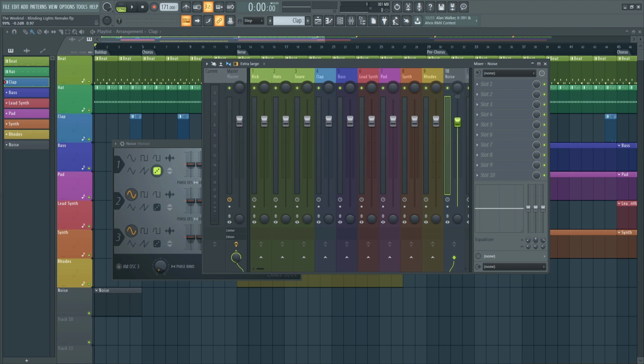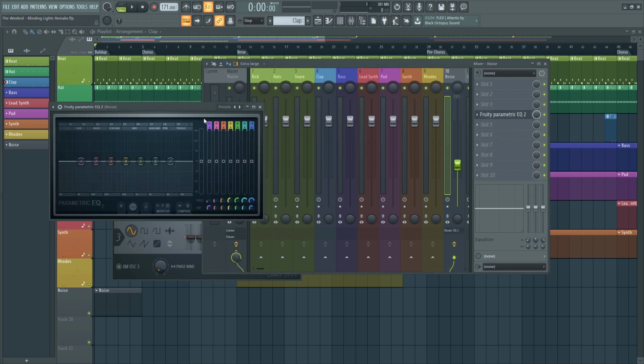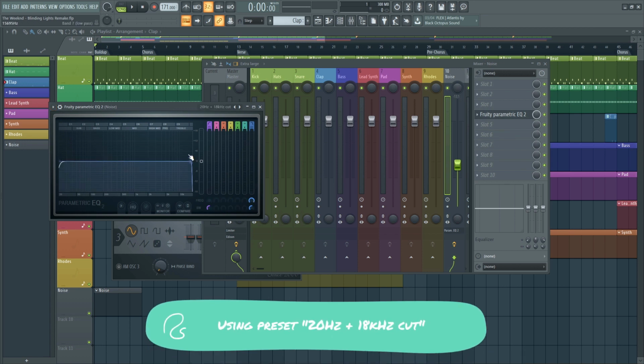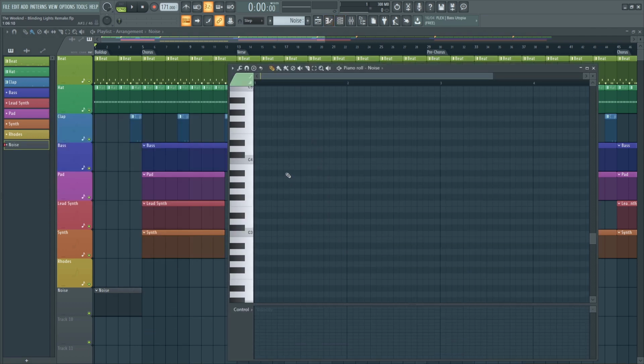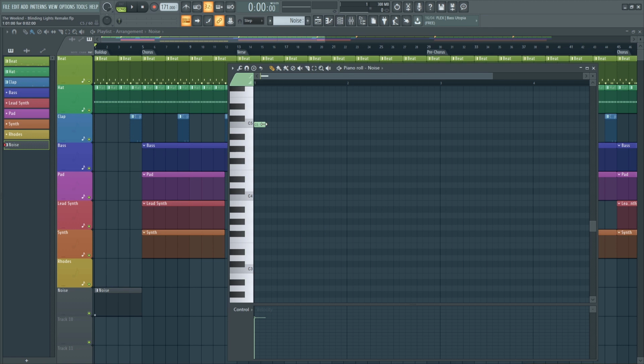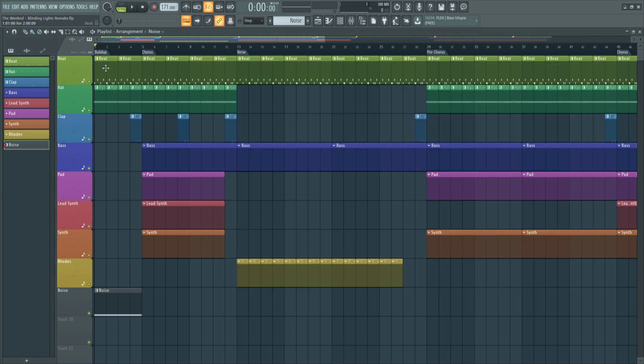So the noise is here. I'm going to drag the sound a bit down because it tends to be a bit loud. And then I'm going to add some EQ here and use this preset, and then I'm going to add the noise. So I'll go in here and I'll go up here and I'll make it long enough like so. It fills the space, and right now it's just a noise,